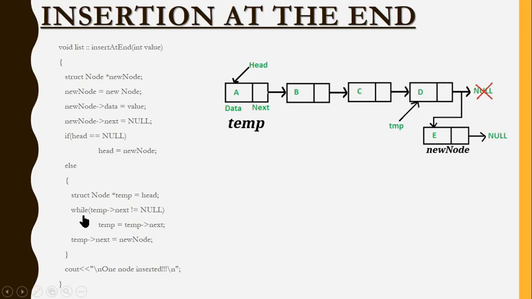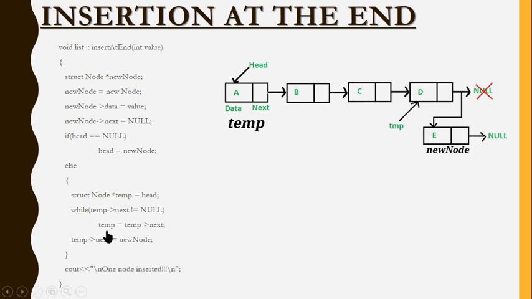Check, I'm using a while condition. Here I'm looking into the second partition. And what is the name for this partition? For this partition, we name it as data, and this partition we name it as next. Look here, while temp points to next. Where is temp right now? It is at the first node. So temp points to next, it is looking here. If it is not equal to null, what do I have to do? I need to bring the temp to the next node. All right. So I'm saying temp equal to temp points to next.